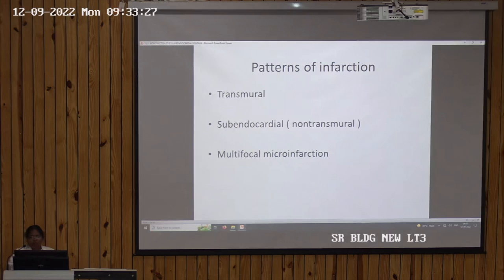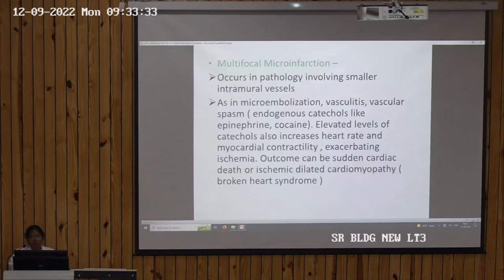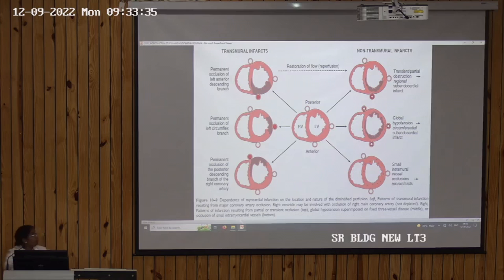Now the infarction, as we have seen, may be transmural, subendocardial, or multifocal. Here you can see the transmural infarction is due to occlusion of the epicardial arteries, and it will start from the endocardial zone and shift to the epicardium. In these cases, the ECG changes usually show ST elevation, so these are also known as ST elevation myocardial infarction. While in the subendocardial,